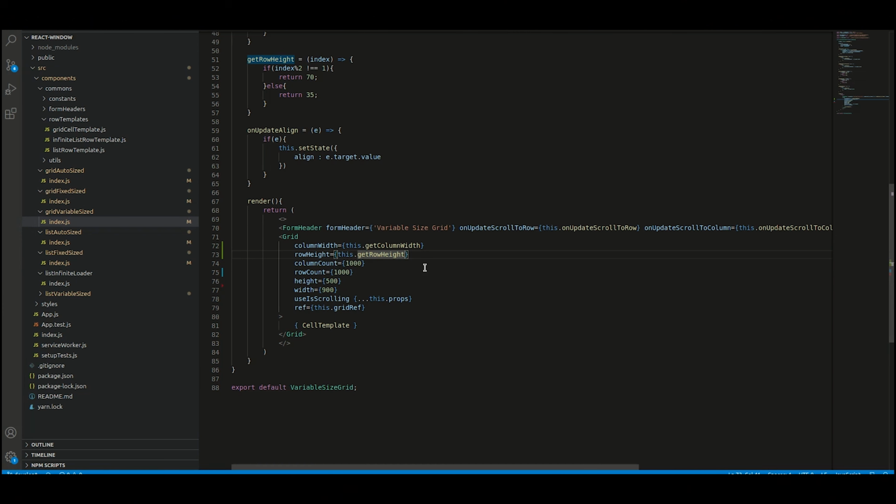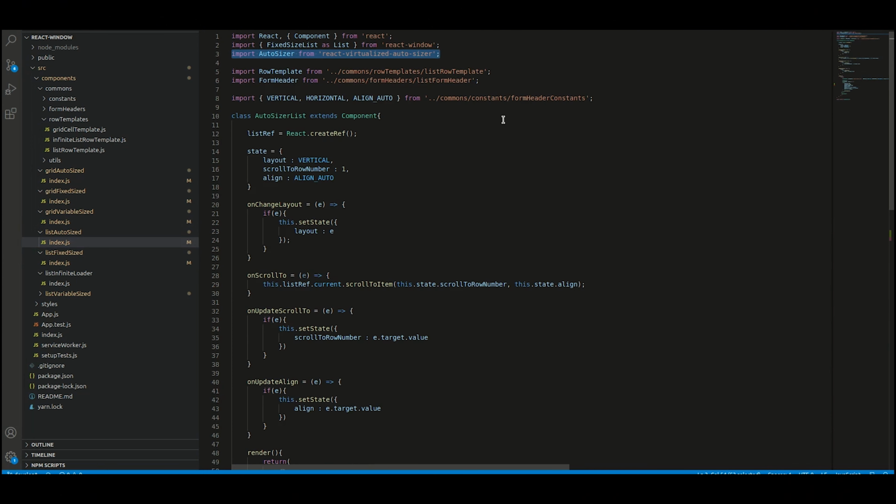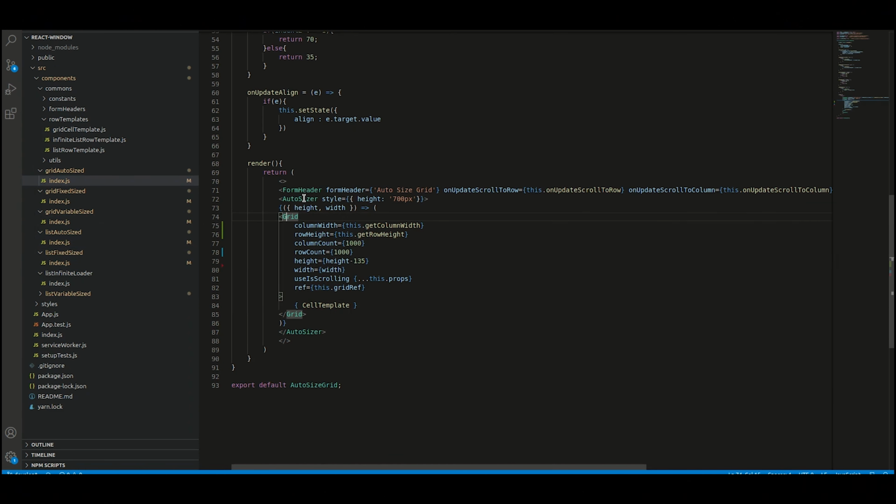We can use React Virtualized Auto Sizer library for this purpose. So as you can see, we need to wrap the list with the Auto Sizer. And the Auto Sizer will decide the width and height based on the screen it renders and pass it onto the list. The same functionality available for grids as well, where you need to inherit width and height from the Auto Sizer.